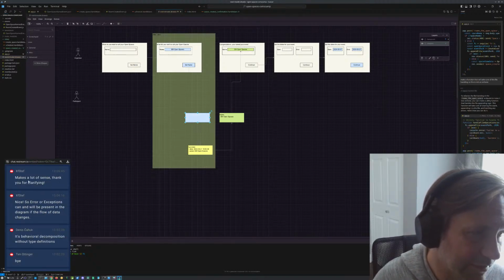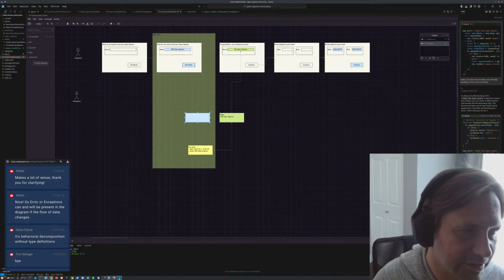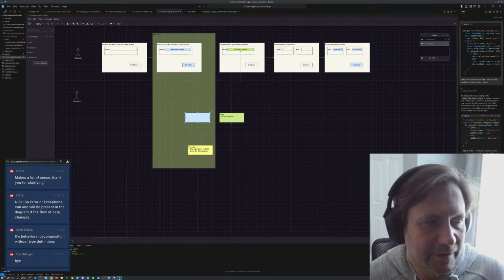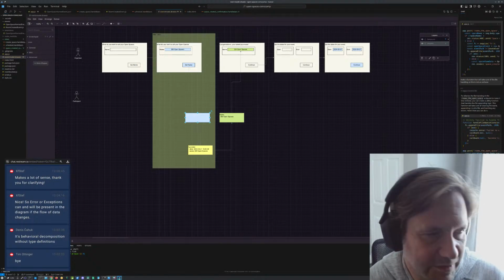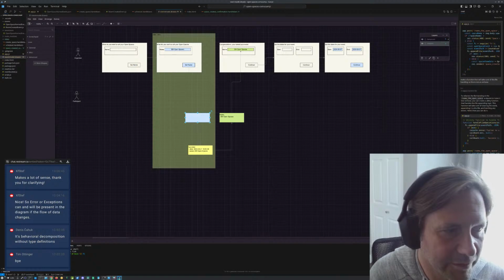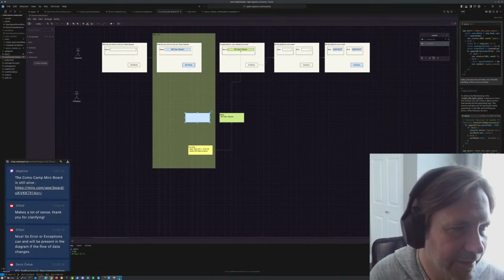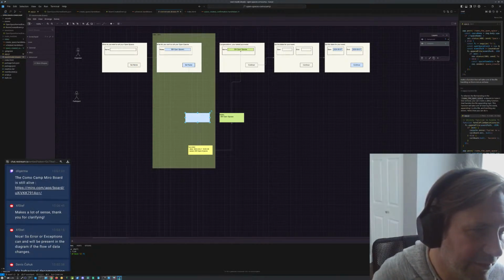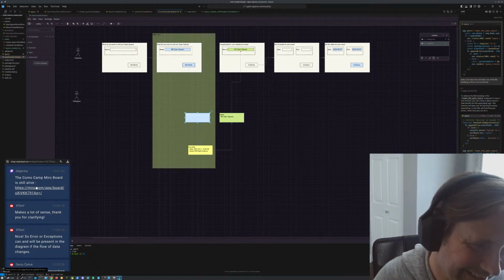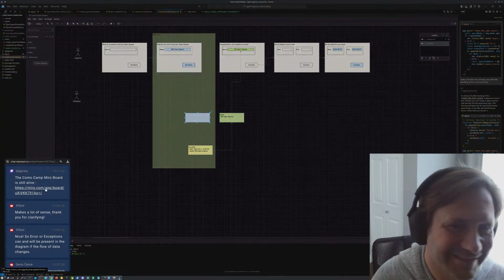Yeah, no, I'm glad that you're asking questions. Again, the original article is on eventmodeling.org. The original blog post is linked at the bottom. It's "What is Event Modeling", and that's something I wrote in 2018. And yeah. Oh, hey, Martin. Yes, Como Camp Mirrorboard is still alive. That is the original. Yes, let's take a look.